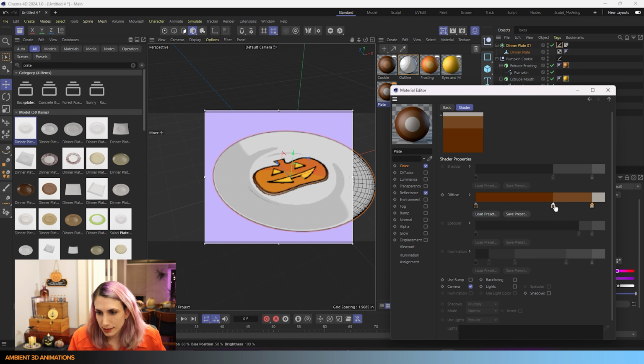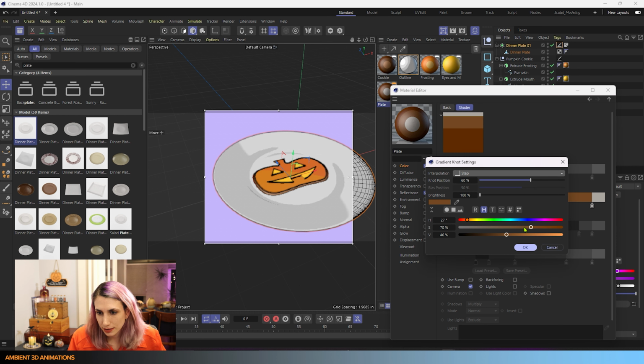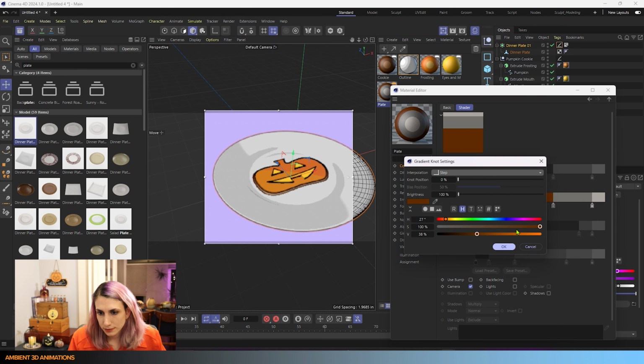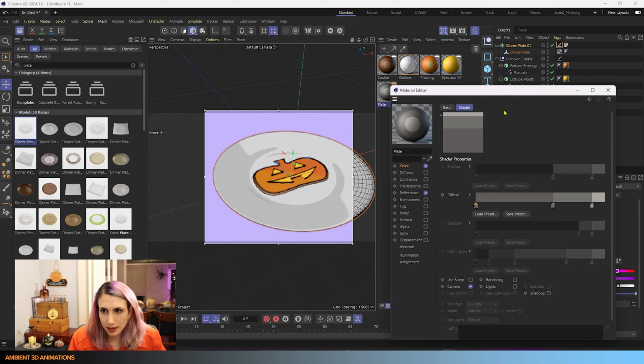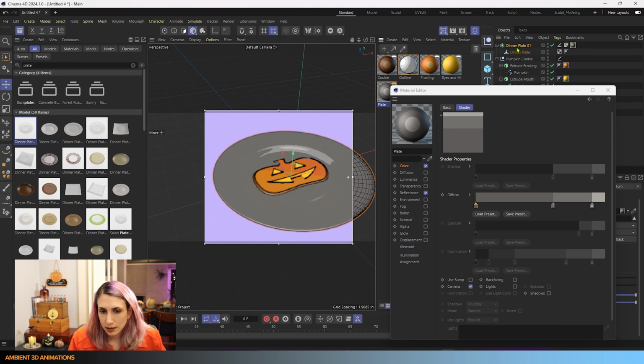I'll take down the saturation here. So that there's some nice gray colors. And you can see what that's looking like. It's starting to look a little spooky, which is good.